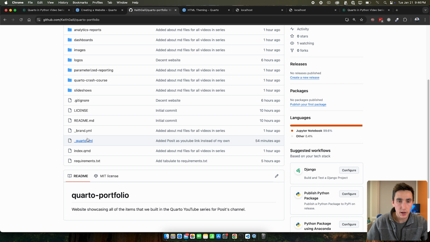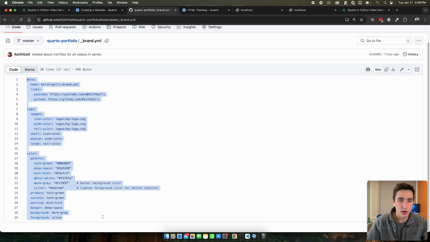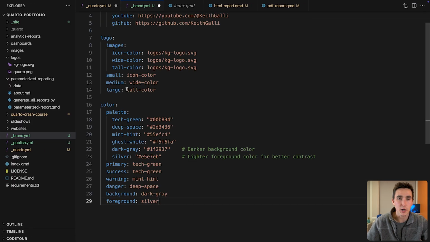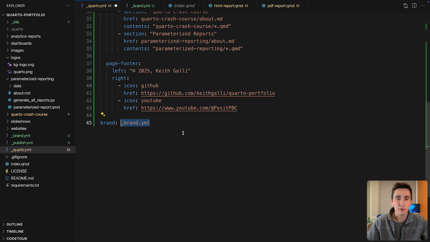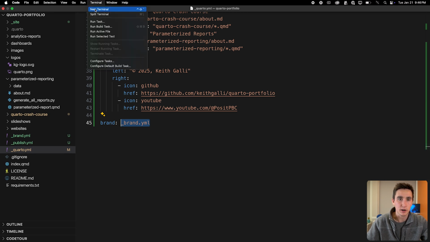So we have our brand.yaml. If I copy it, this is all talked about in the slideshow video, so you can learn more about the brand YAML feature there. Note this is only available in newer versions of Quarto, so you need to have Quarto 1.6 or above for this to work. But now if we look at our website,